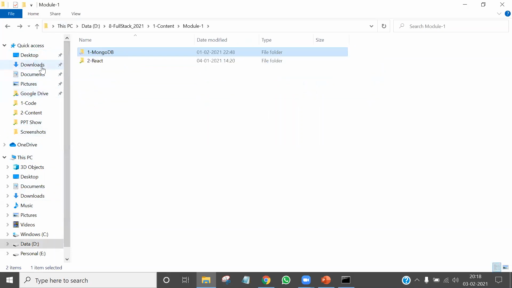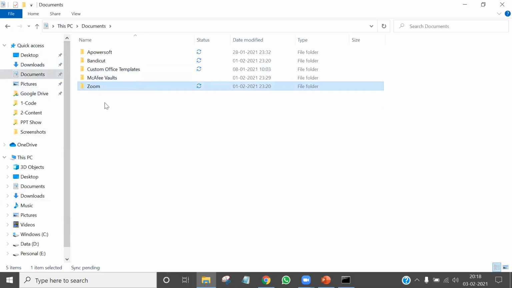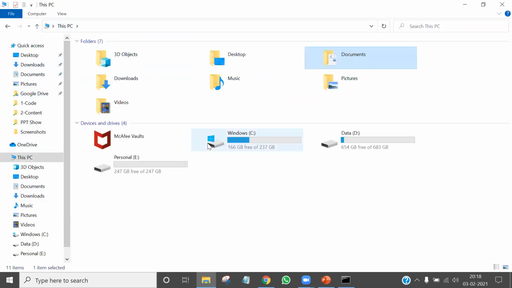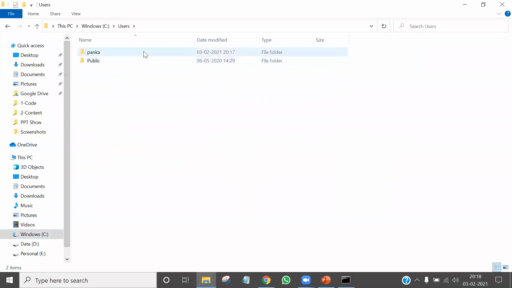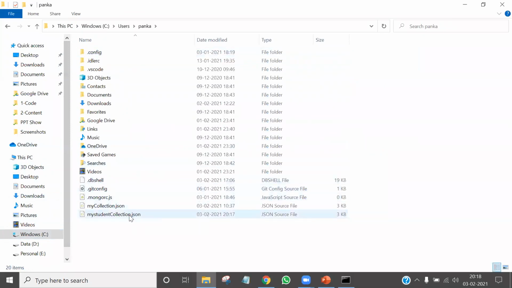Okay, let's search in documents. No, I'm forgetting my path name. I think it should be in C, na? Let's see. In C there will be Users. That will be Pankaj. Okay, so we find this is the collection name, na? My student collection we have just created. Okay, so finally I got my path. Okay, so that is my student collection, because it is stored at my current path.